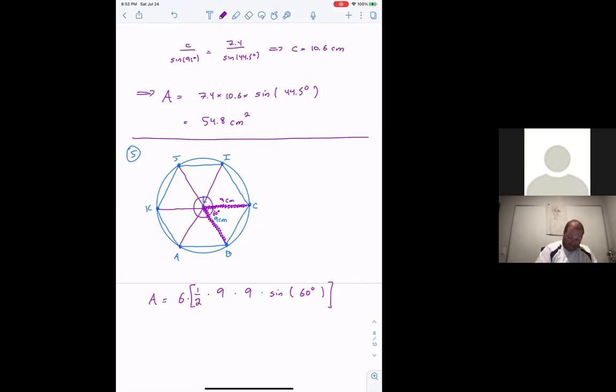So 9 times 9 is 81, 6 times 1/2 is 3, times sine 60 degrees, which is √3/2, and this gives me an area to 3 sig figs of 210 square centimeters. Of course, if I find the area of the entire circle, we know that formula is pi r squared, so 81 times pi is 254, which of course is bigger,